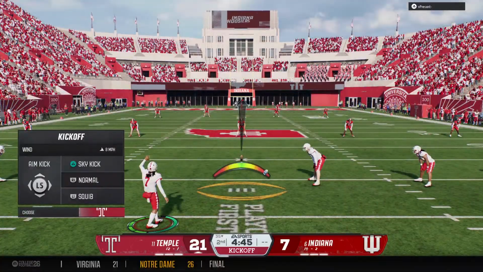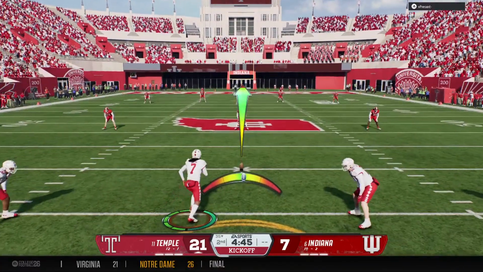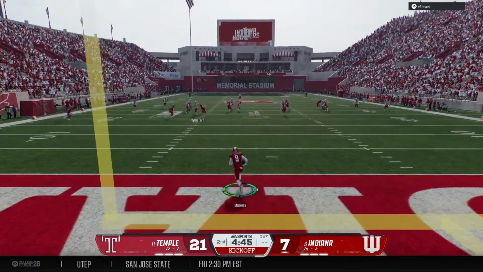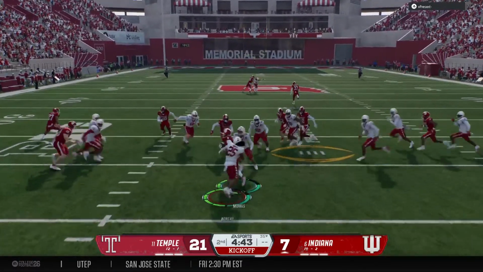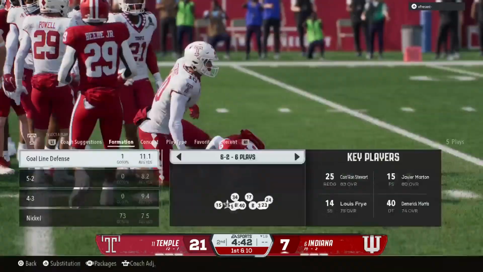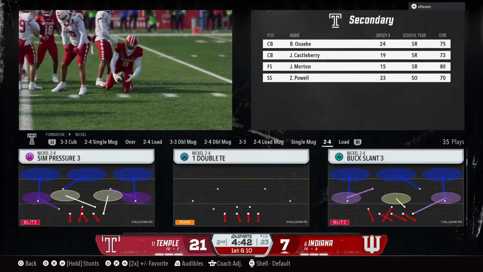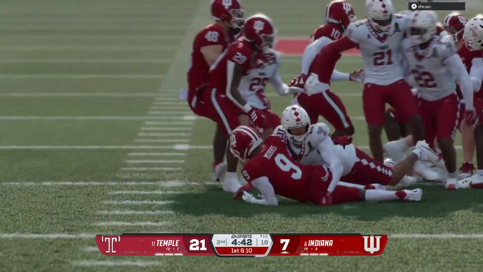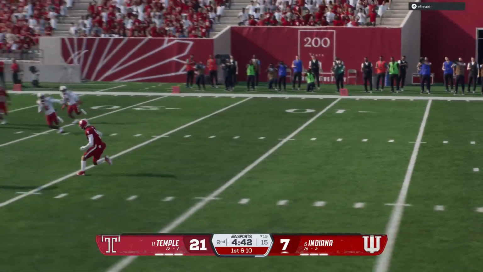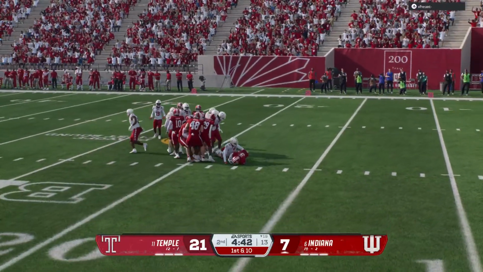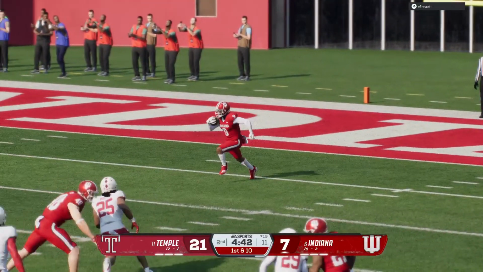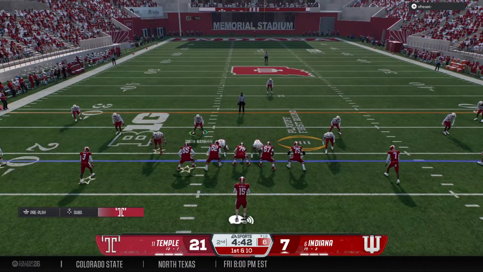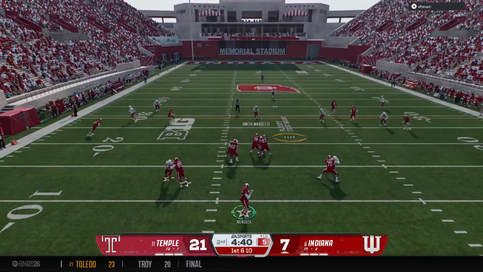So after putting up the touchdown, the kickoff team is out there to boot it away. Fielded in the end zone. It's Morris. He'll be stopped short of the 20-yard line. Good job of the coverage team. And here comes the Indiana offense back out on the field. They're coming off a quick 3 and out, so looking to put something together on this drive with a little more urgency.